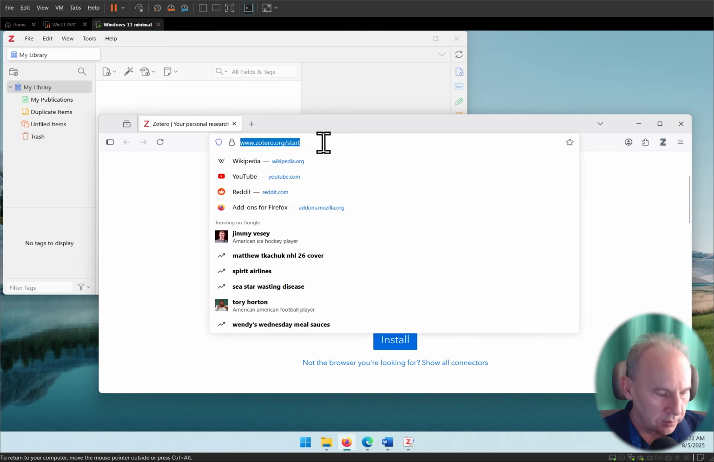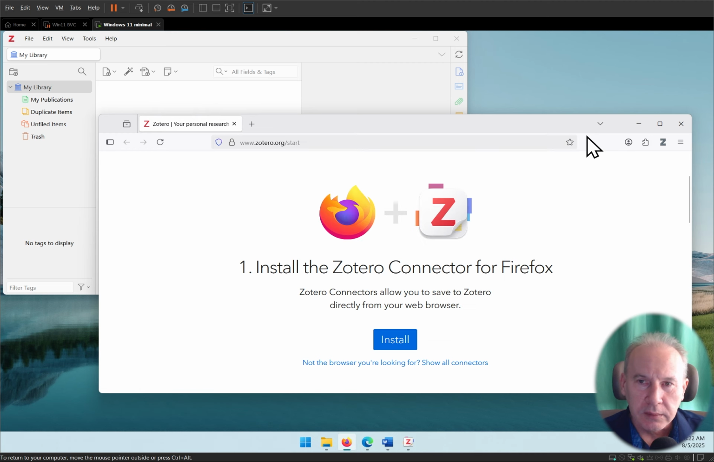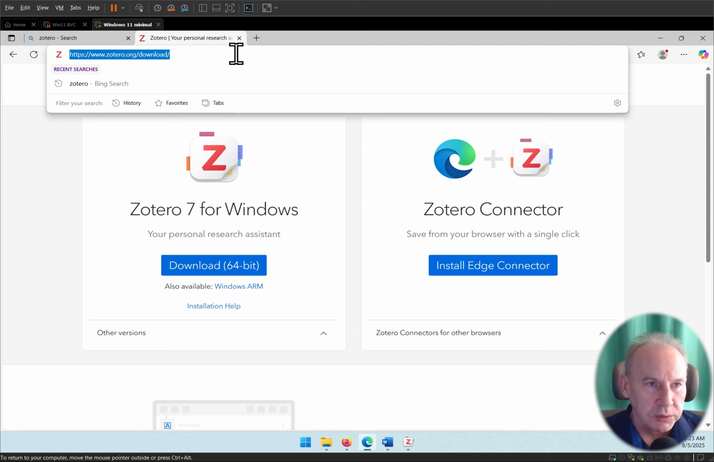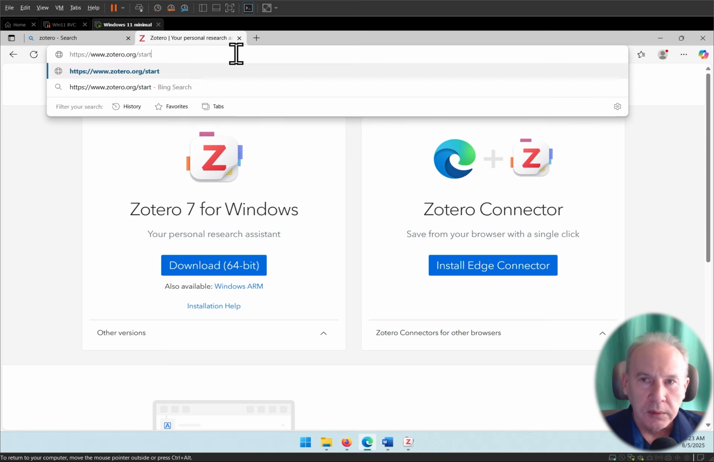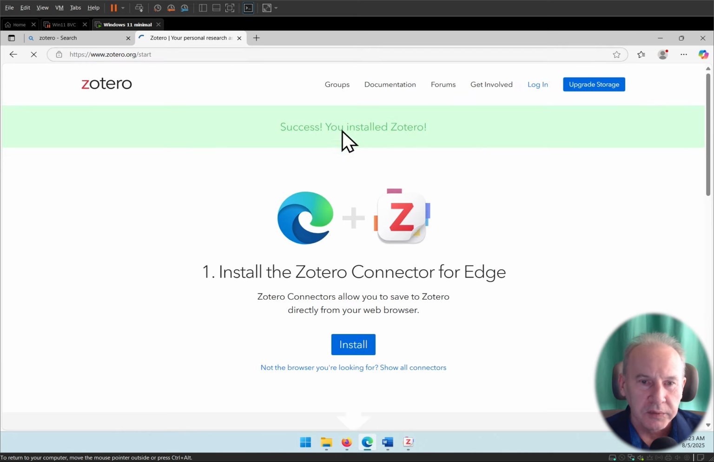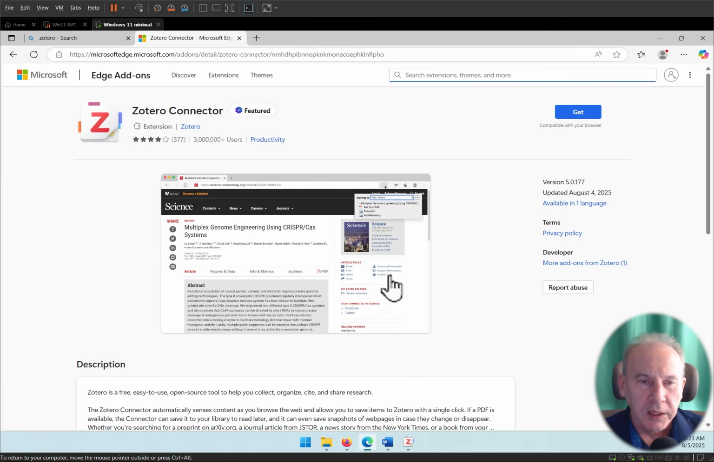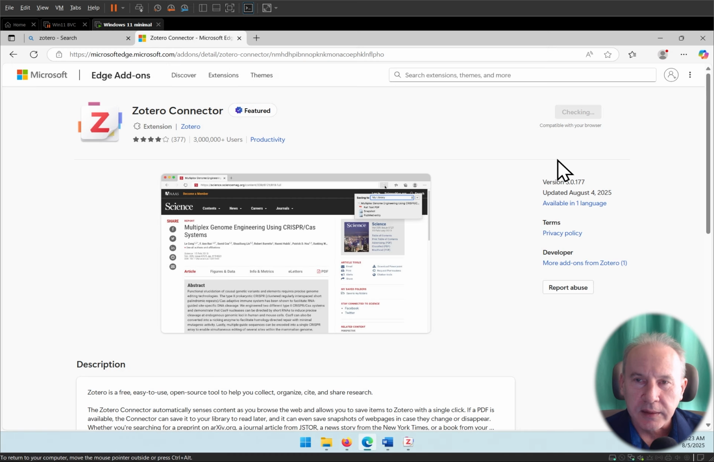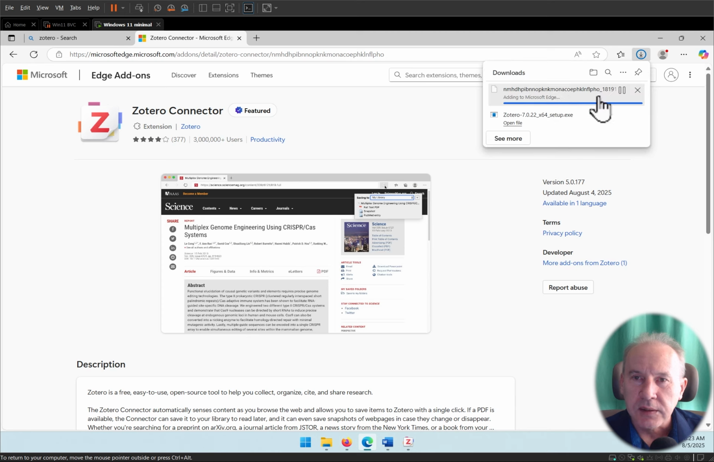So what we can do is just copy this URL to another browser, and we're going to go here for Microsoft Edge, and that's zotero.org/start. And again, we want to install for the Edge browser. Go ahead and, in the top right corner, add extension. The extension is now there,